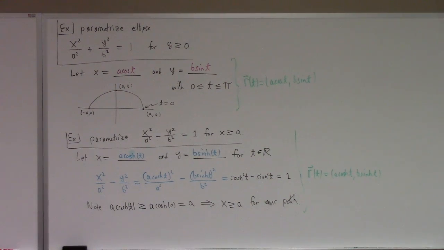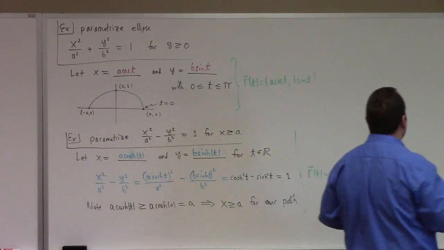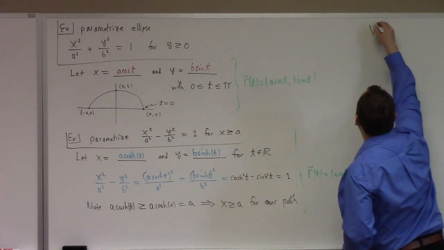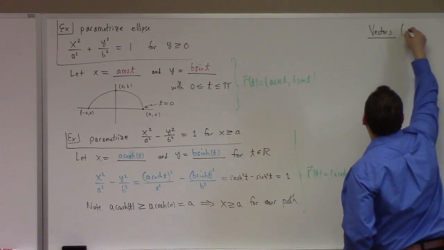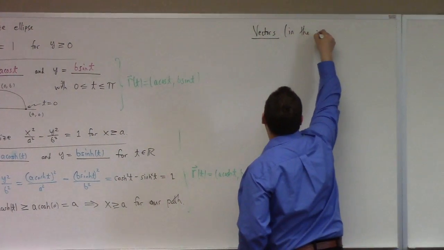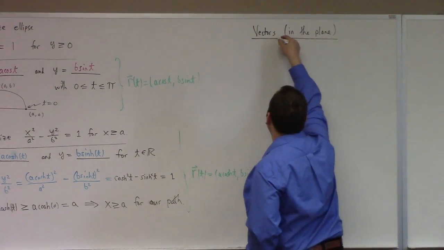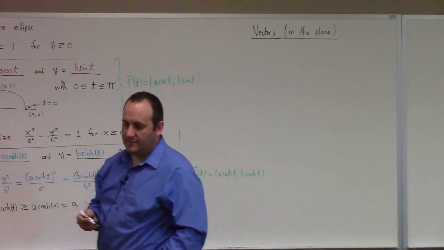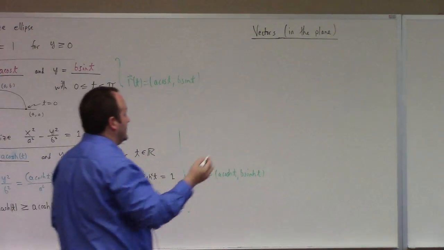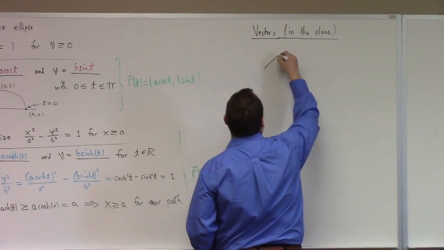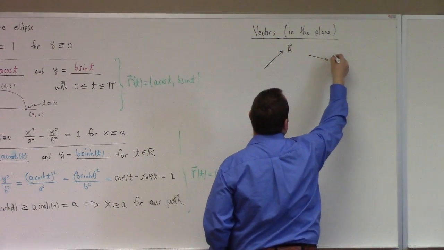All right. So vectors. Let's talk about vectors for a little bit. What are vectors? We're just talking about vectors in the plane. So basically a vector in the plane is just a directed line segment, right? You could view it like this. This would be a vector A. This would be a vector B,